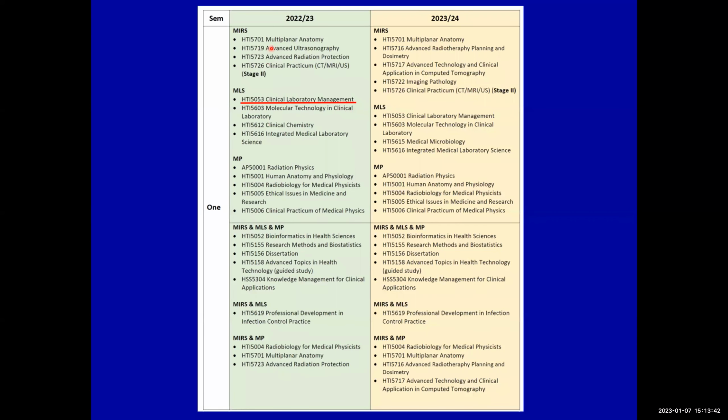And on other minor parts, because this program is under the same postgraduate scheme, we have other programs in medical imaging, radiation science, and medical physics. But don't worry, we coordinate the subjects well. Some subjects may be open to students from both imaging science and MLS. Yes, then you have the opportunity to select those.